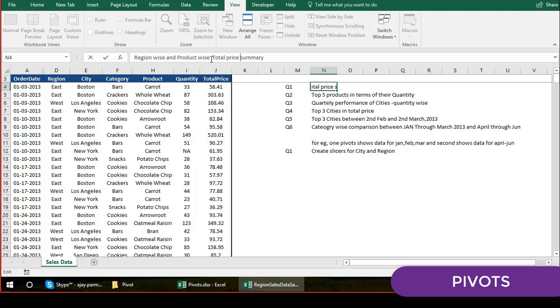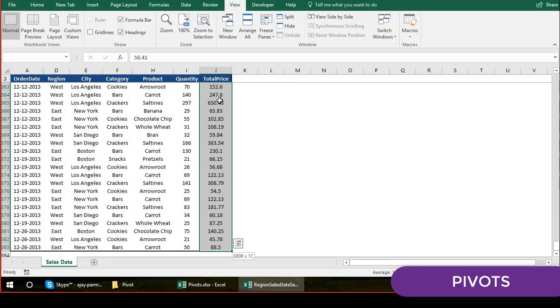They want to check what is the total price coming from the regions, from the east and from the west, as on date, what is the total business done, right? So that means basically they are saying that from the east, if you just go and select this entire thing, and if you go and check, this comes out as 47,869, total price, total the rupees or dollar.